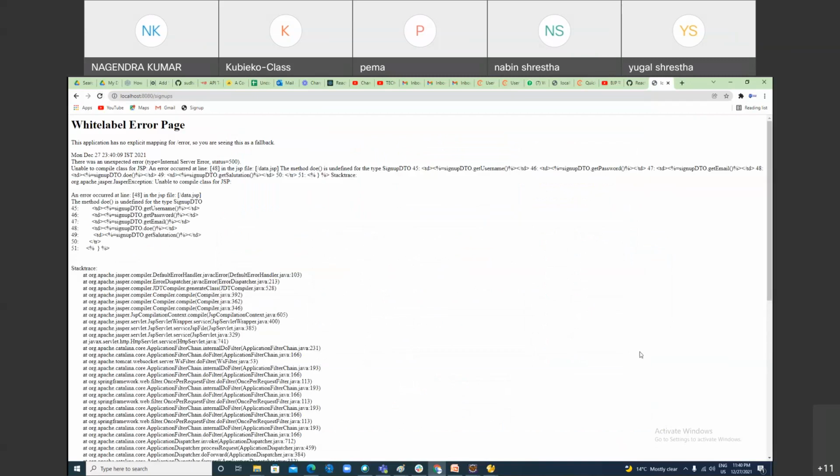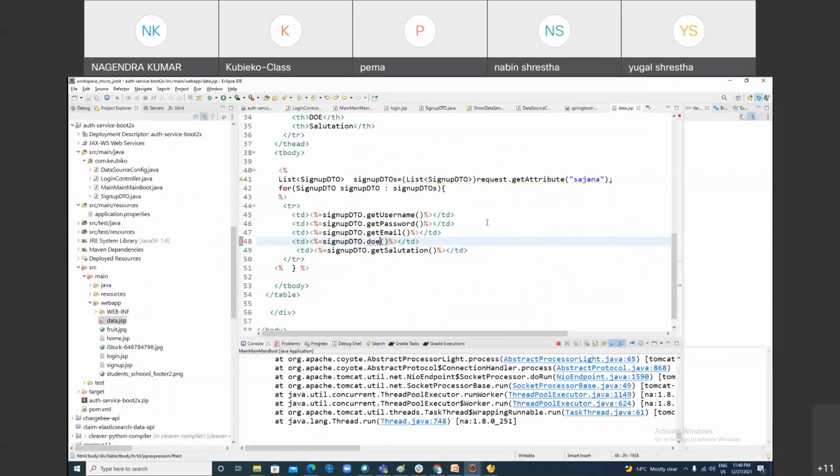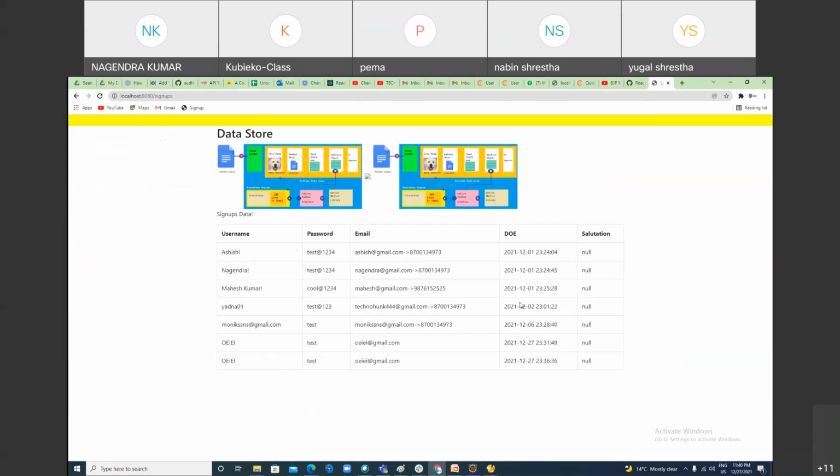There is an error. It's a compilation error. You have to use getDataEntry. Now it should be fine. Sometimes it is unnecessarily crying. Okay, let it cry. It's coming. Can you see this? You got this much or not,